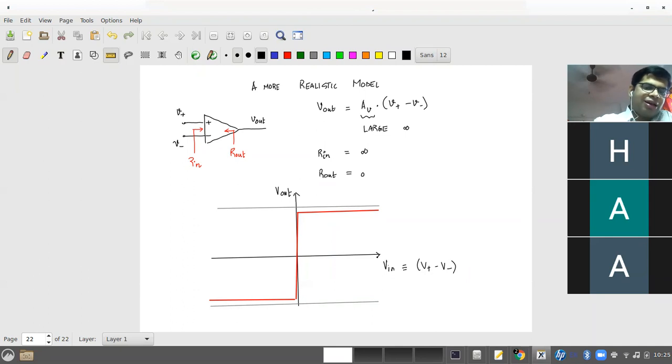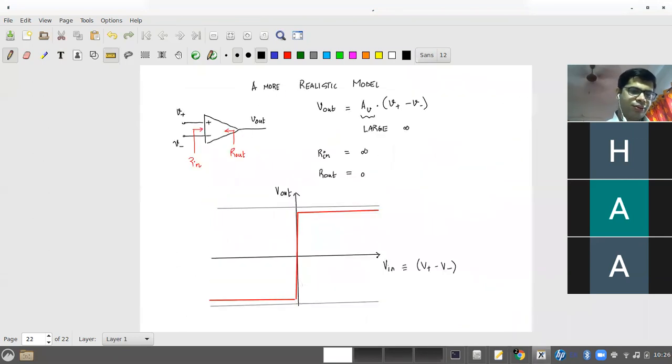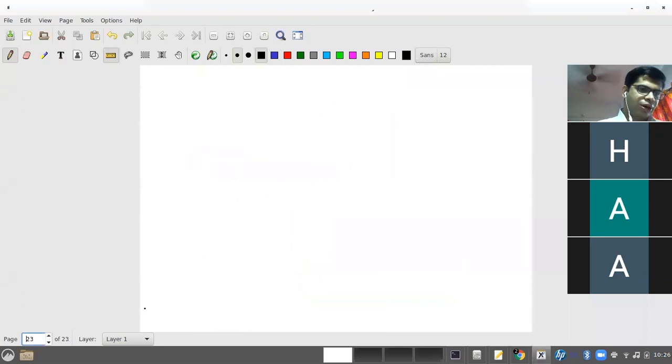Yeah. Okay. Right. So we have a problem. We don't have any feedback for DC here. The integrator, as drawn here, does not have any DC feedback. Okay. So what will happen is that if you give a DC input to the integrator, what do you expect? Output should increase linearly, right? So going back to our integrator,